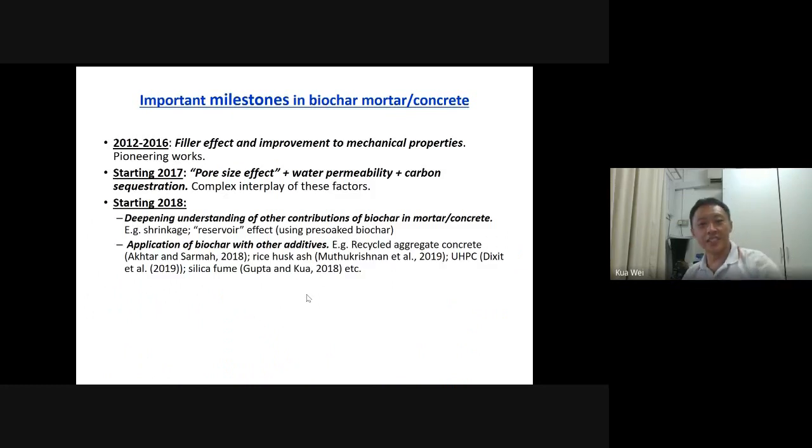And that brings us to yet another milestone, in my opinion, starting in 2018. And it is the application of biochar with other additives. One of my, I would say, favorite works is this one by Ekta and Ajit Salma, friend of mine in New Zealand. In 2018, they studied how, by addition of biochar together with recycled concrete aggregate,